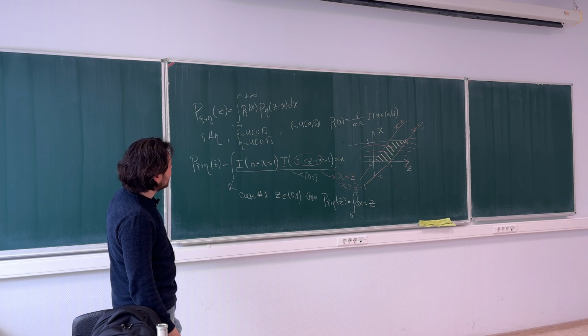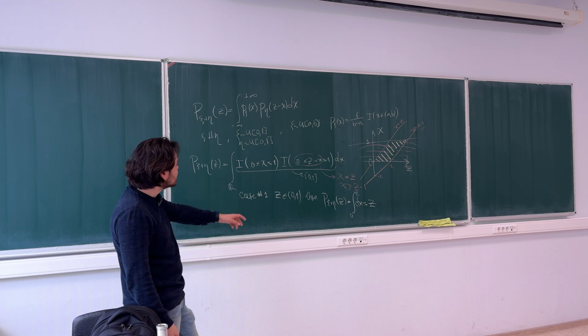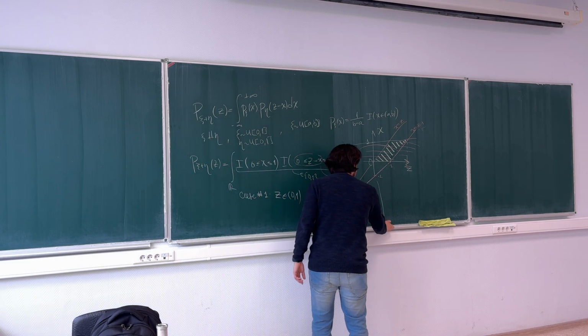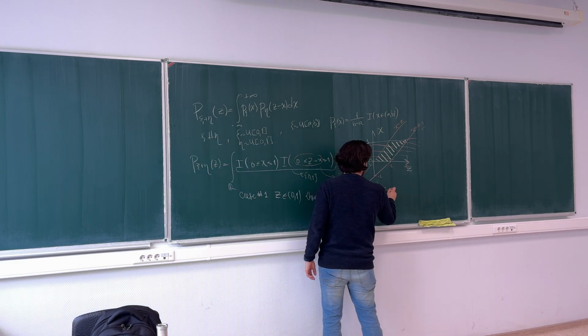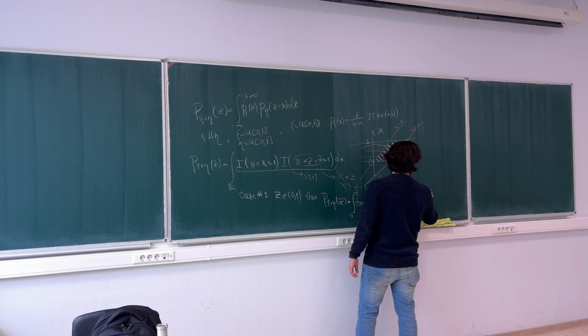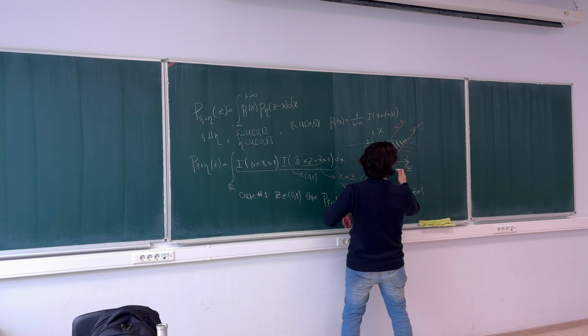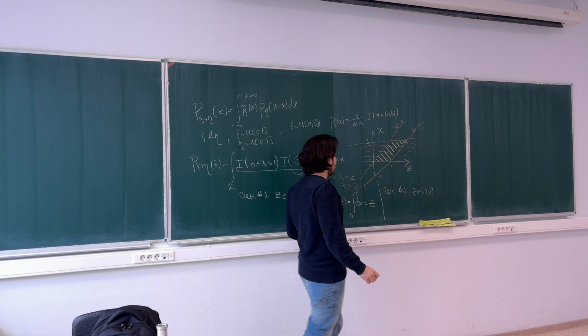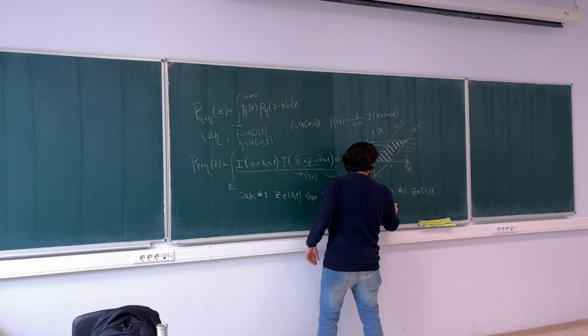Now this is only for z being from 0 to 1. Now the second case, case number 2, is when z is from 1 to 2. Then the density